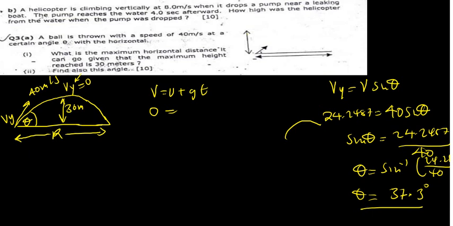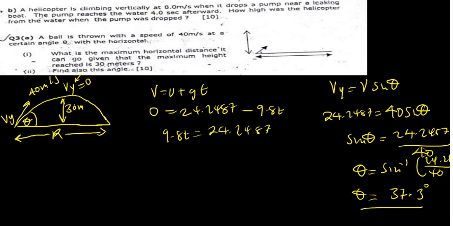So that's what we are going to put there, 24.2487. Because we are going up, g is going to be negative 9.8t. So we take this term to the other side, it becomes positive 9.8t, and that is going to be equal to 24.2487. Divide both sides by 9.8, and that is going to give us